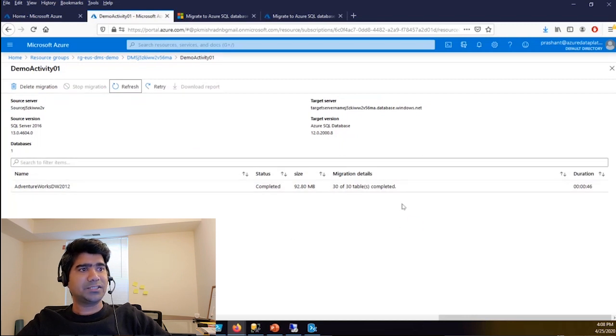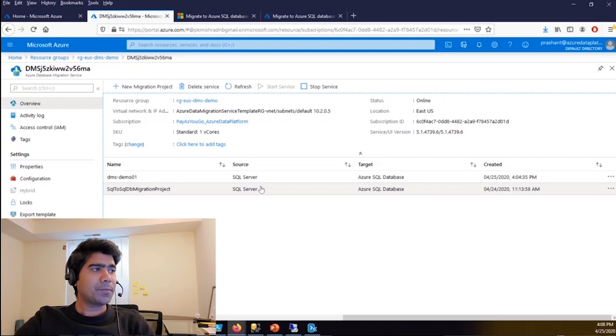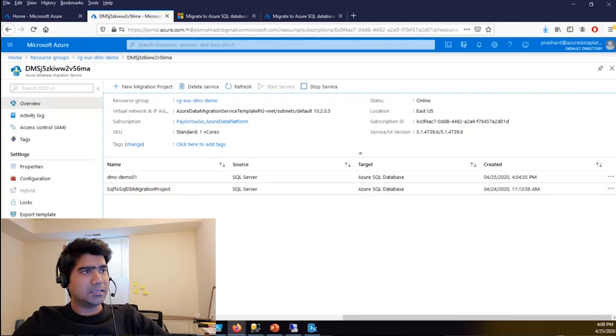After this status is completed, you can go for cutover. Basically you can change the connection from your source to the target database, and that's it. You are good to go. But there is a difference between this offline migration and online migration. As I already told you, in online migration the downtime starts when you go for cutover. So the UI will also be a little bit different. Let me try to show that. It actually takes a long time to create, but you can try to play around with that.